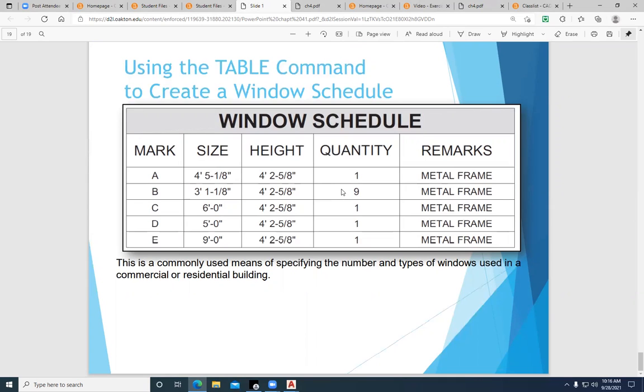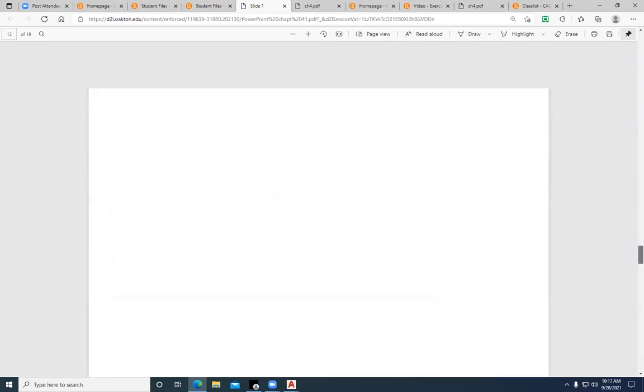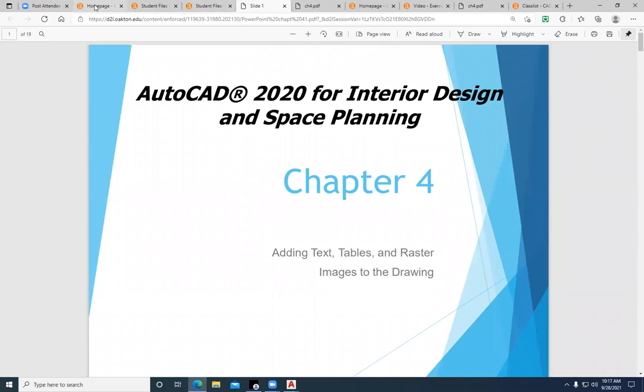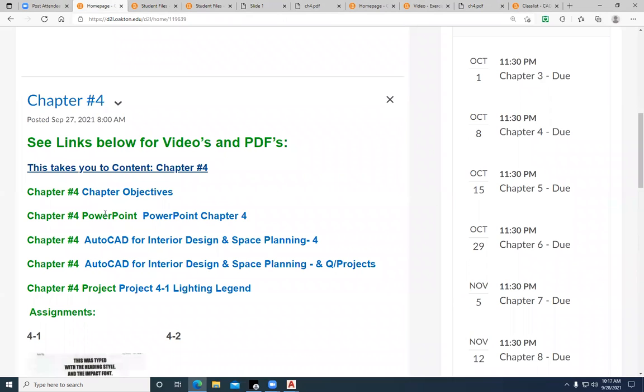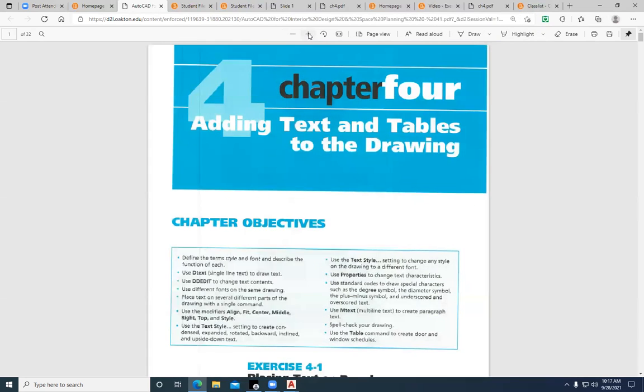It's a lot easier than drawing the lines and offsetting them and then putting the text in and editing it. So tables are a very common thing within these CAD drawings. And so that's what that's about. That's our PowerPoint. And then if we look at the chapter itself, the textbook chapter itself,